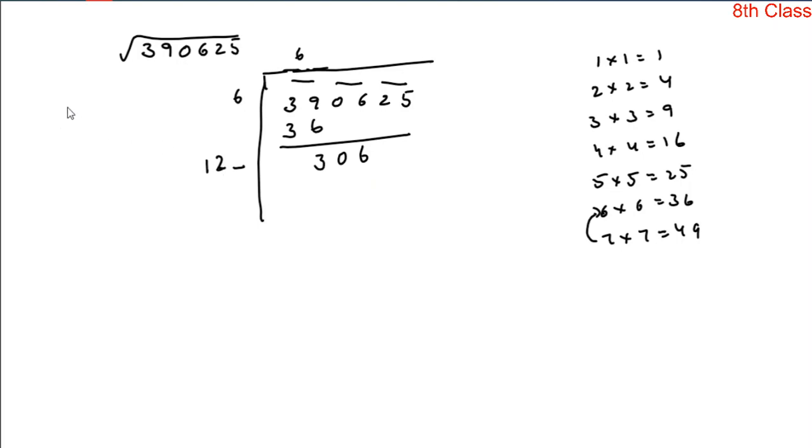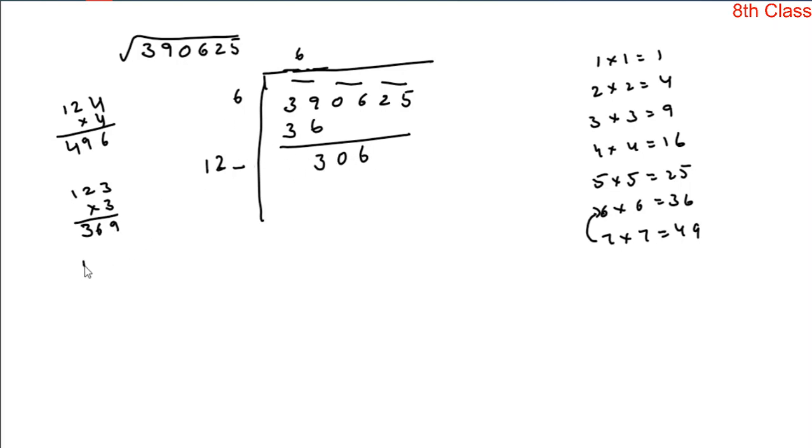Find it. In case you fill this blank with 4, multiply that number by 4. 124 into 4. 4 4s are 16, 4 2s are 8 plus 1 is 9, 4 1s are 4. It's 496. It's greater. The product is greater than the dividend. So that's why let's just take the one before. You replace this blank with 3. In case you write 3 here, the number is 123, and multiply that number by the same digit. 3 3s are 9, 3 2s are 6, 3 1s are 3. It's 369. It is also greater than 306.